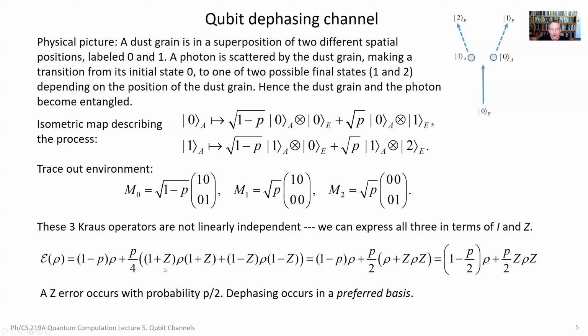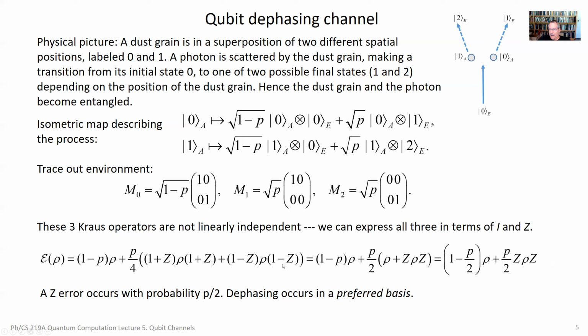So I have P over 4 here. And then identity plus Z, rho, identity plus Z, that's the M1 term. And then for the M2 term, now I'm writing my cross operator as the square root of P, which got squared here, times 1/2 identity minus Z. So multiplying this, P over 4, I have identity minus Z,